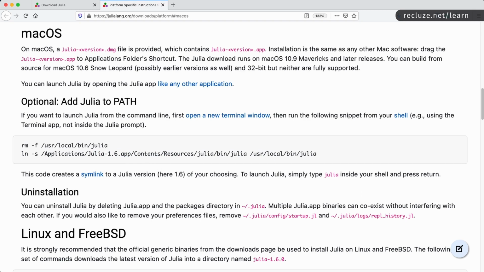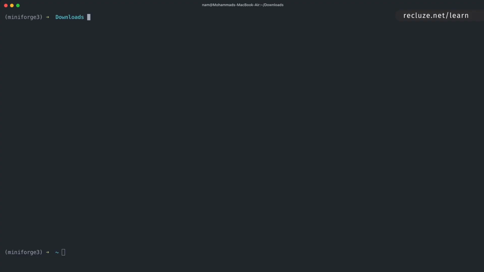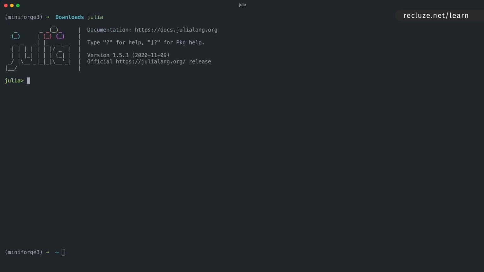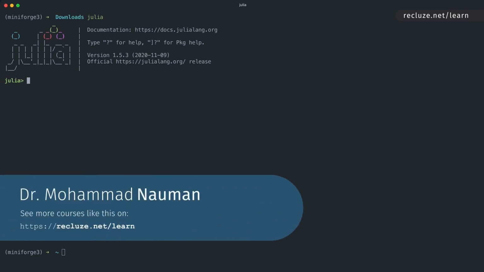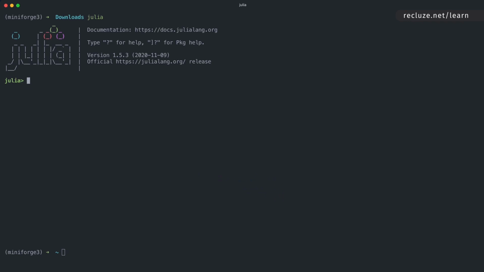Once you have that, you can go ahead to your terminal in your Mac environment and simply say julia and you will arrive at the terminal. So irrespective of which platform you're working on, which operating system you have, you will arrive at a Julia prompt over here with which we can start working. So in the next video, we are going to take a look at how we can set up the rest of the environment on any of these operating systems and then start working with Julia code.